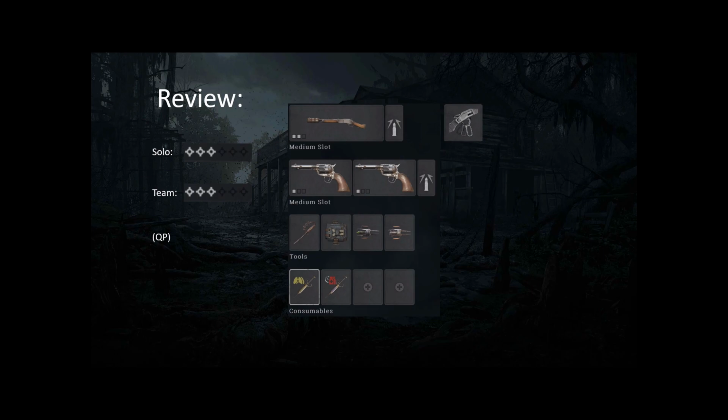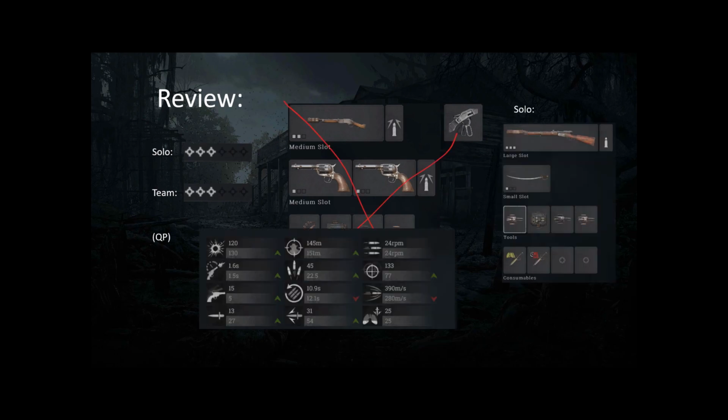So as a solo, it's decent. There's a couple of drawbacks. The ammo pool, the Centennial is relatively weak at distance. So if you want a silenced gun, there are alternatives that are better. For example, if you play solo and if you want a silenced gun, I would rather pick the silenced Vetterli and a saber, for example, or a hand crossbow or something,